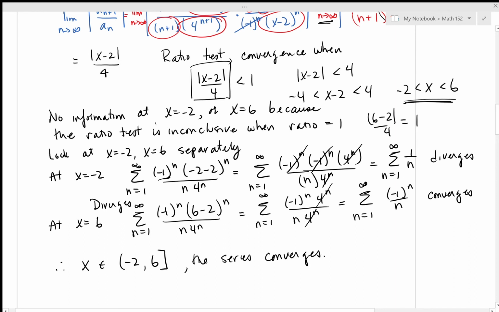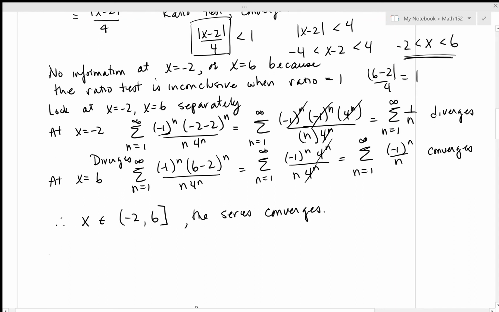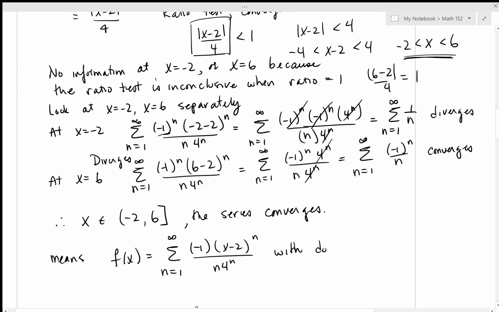Okay, so that means we can have a function that looks like this, some function. There it is, and that's how we're going to calculate the values of the function, just like this. And it has a domain of minus 2, 6. Okay, so we use the ratio test to understand the convergence of the infinite series for